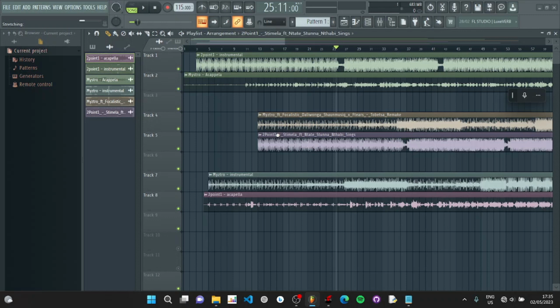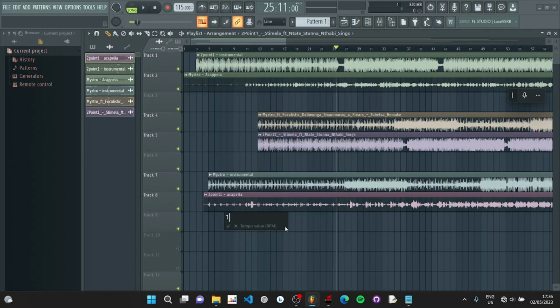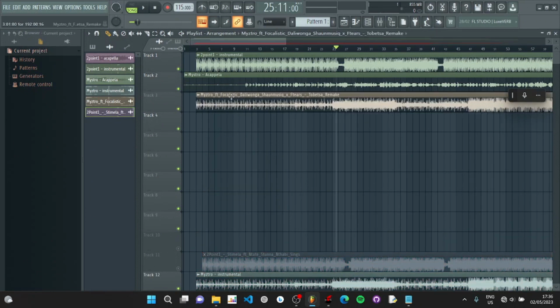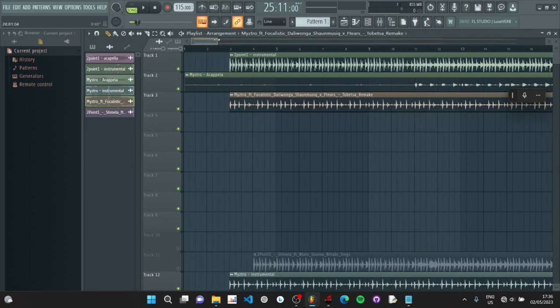And remember guys, there are different ways to set the BPM. I will show you all of them in this tutorial, and for now I'll just show you one way, which I believe is the easiest. There are so many ways you can set the BPM of the tracks in FL Studio. 113. Since we want to sync the acapella of the Maestro track, we are going to use the original Maestro track so we can get to where the acapella comes in.